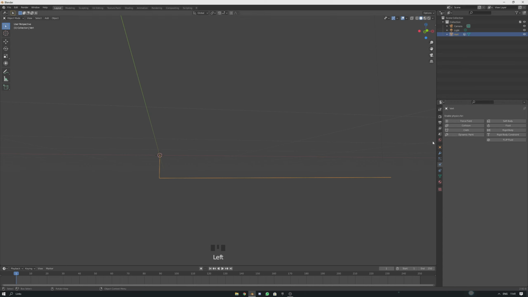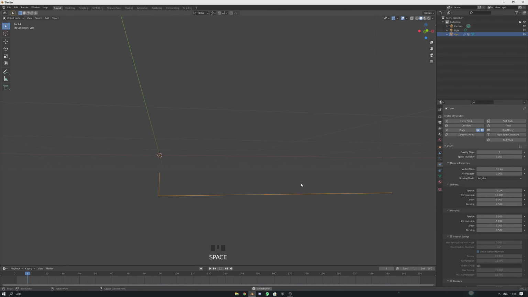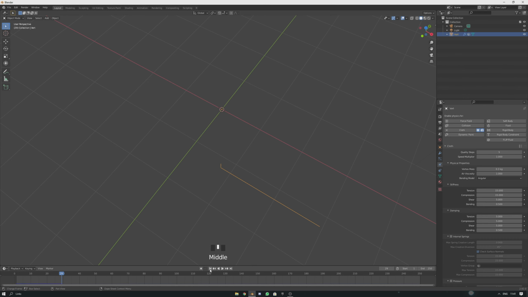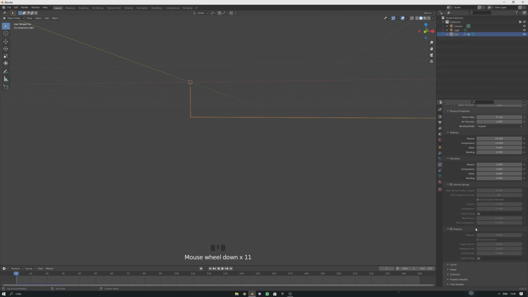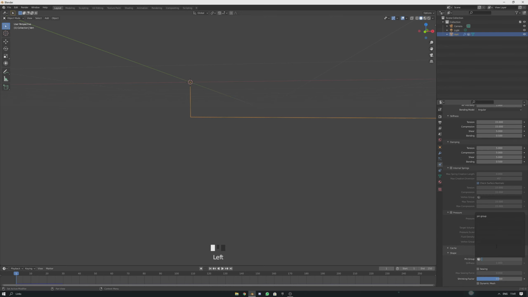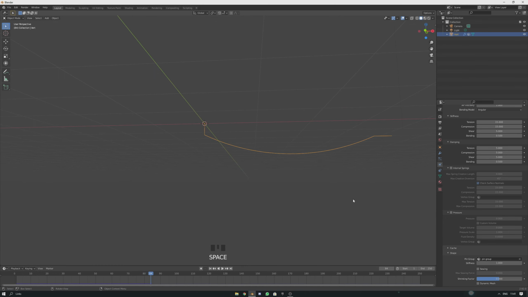Get into physics properties and select cloth. As you can see, our thing, or cable I may say, is falling and that's not good. So you wanna get into shape and pin group. Now it's simulating itself and we're done.